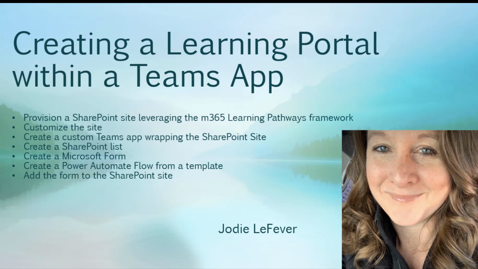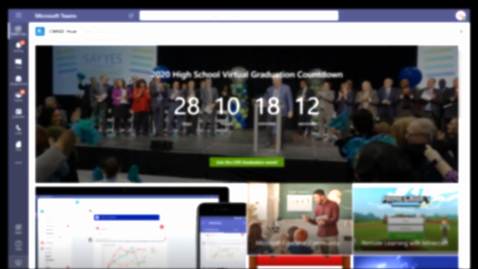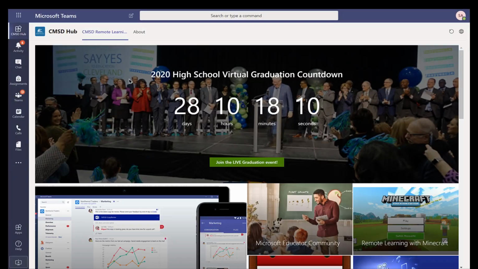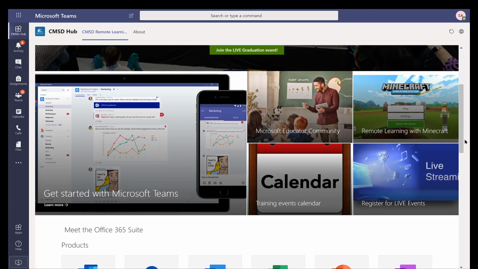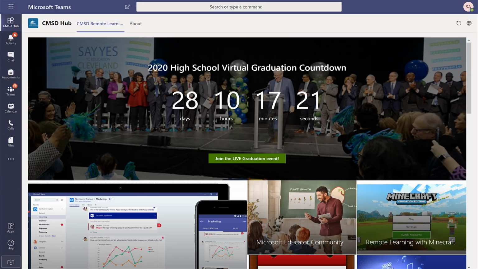In the old days, we had internet pages or home pages. Now, especially with COVID, we need everything available in one spot. We don't have time to go hunt for it everywhere. So, in addition to the actual SharePoint site that we're doing, I will show you how to add a little automation. So, what you're looking at here is the Microsoft 365 Learning Pathways framework, but I've customized each area a